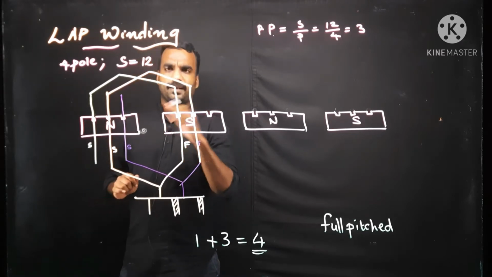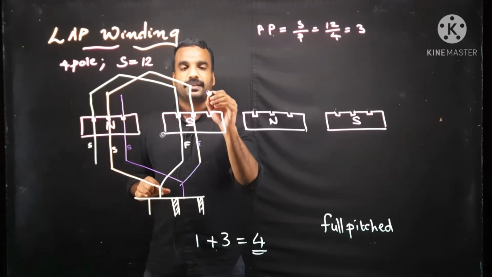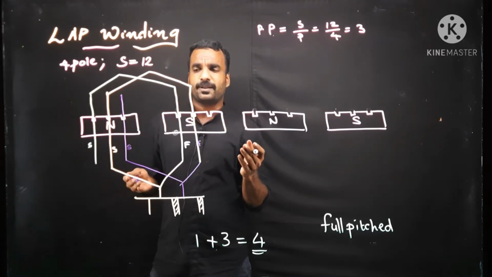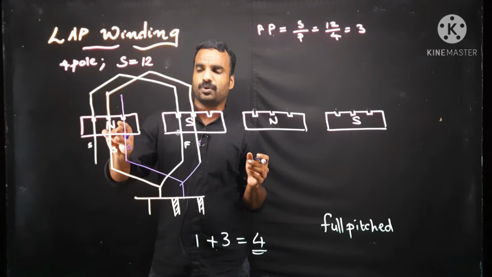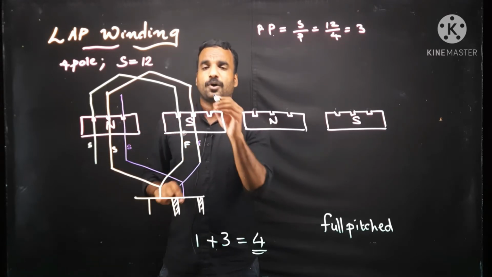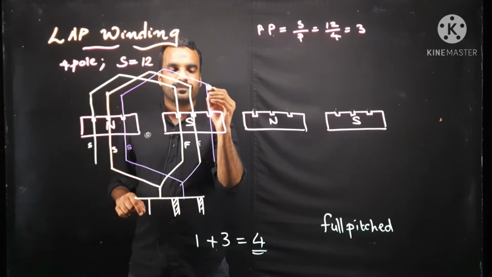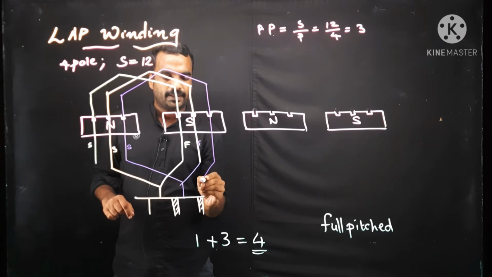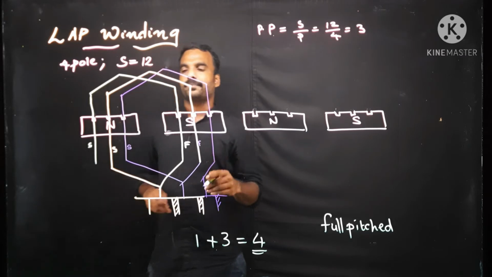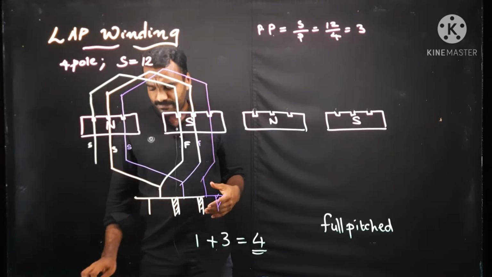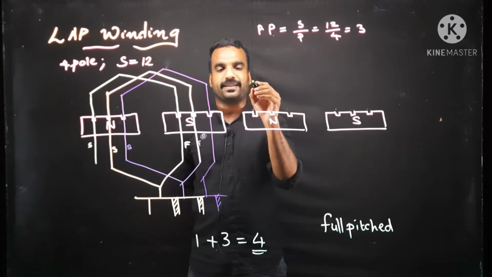And for the completion, I know where I have to place the finishing end of the third coil. Because the beginning end of the third coil is placed in the third slot of the north pole, the third slot of the south pole should engage its finishing end. Like that. The connection should be here. That will be going to its commutator segment. Similarly, for the next pair of poles also, I have to do the same practice.